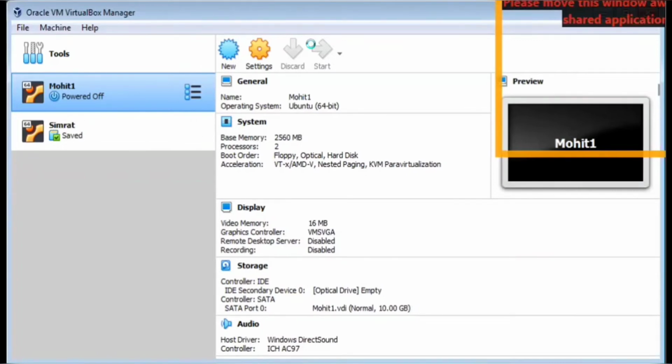There are some steps to download Snake 4. So first of all, you have to log in to Linux, Ubuntu. You see on your screen there is the Ubuntu operating system.